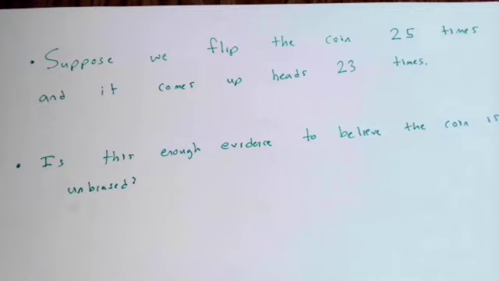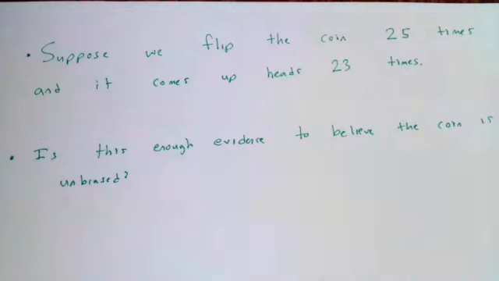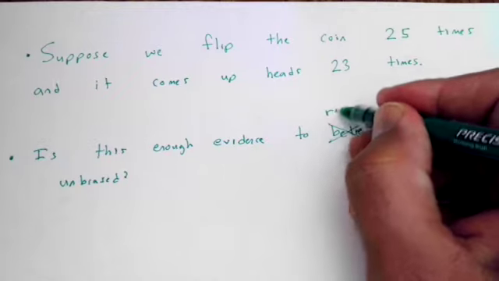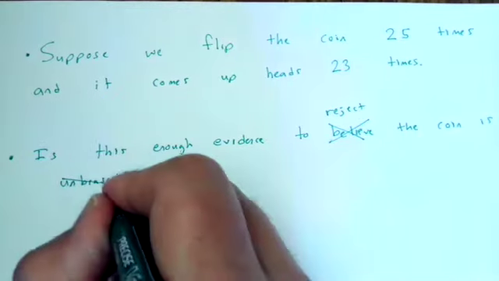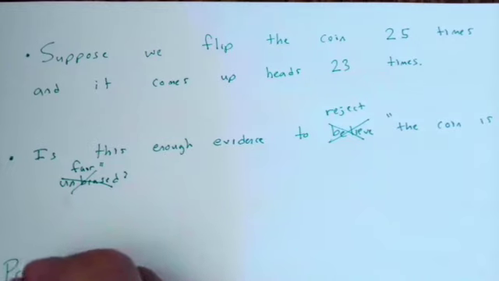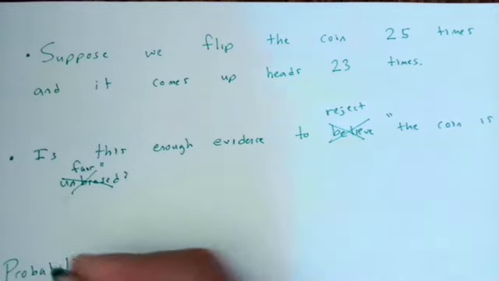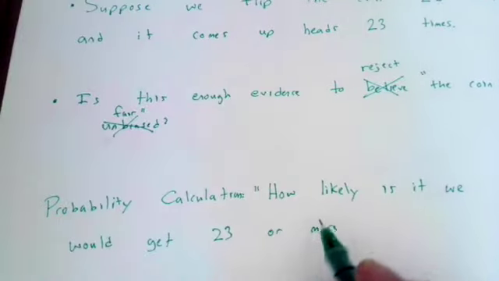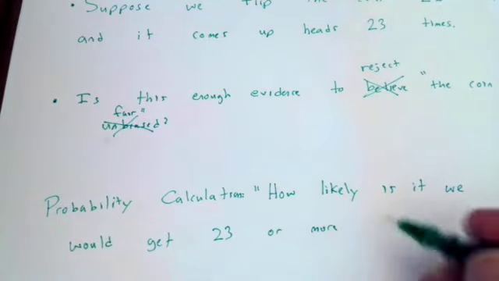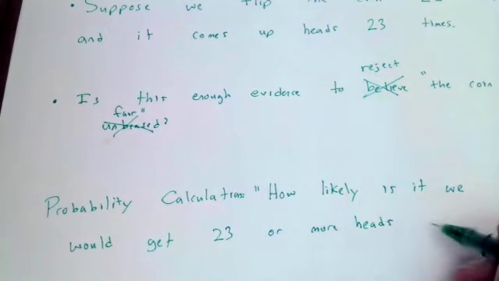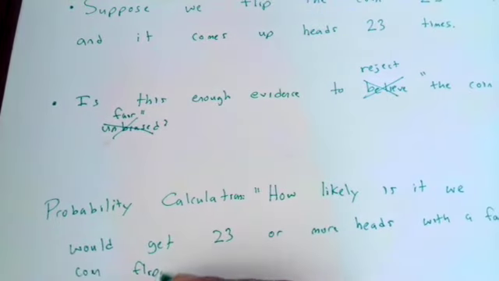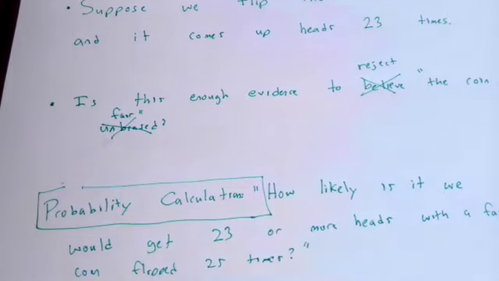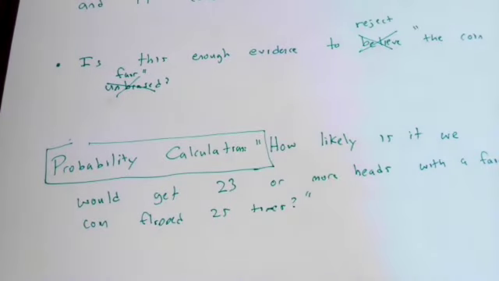So suppose we flip the coin 25 times and it comes up heads 23 times. Is this enough evidence to believe the coin is unbiased? Or to put it more accurately, is this enough evidence to reject the idea that the coin is fair? So let's think about how likely it is that we would get 23 heads or more. Our probability calculation: how likely is it we would get 23 or more heads with a fair coin flipped 25 times? Well, we can do this calculation using the binomial, but however we do it, let's get that p-value,